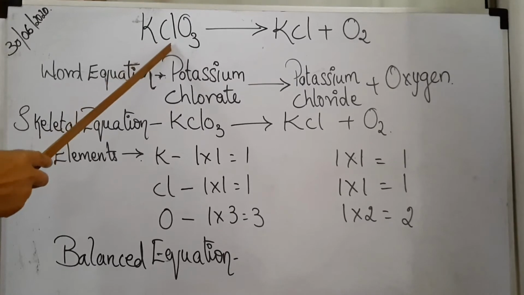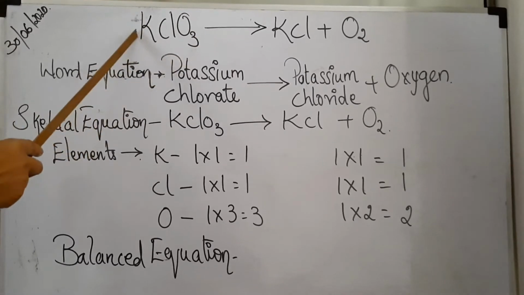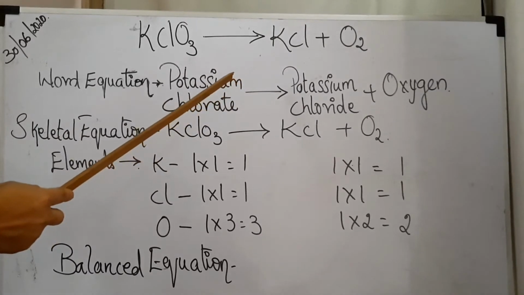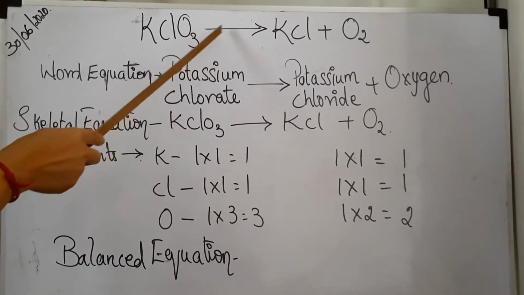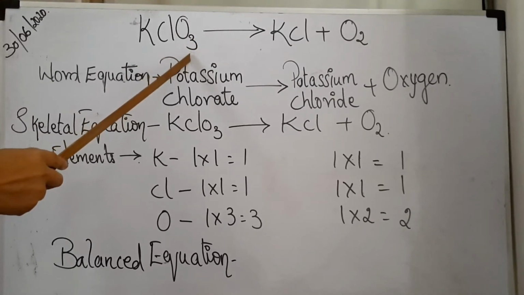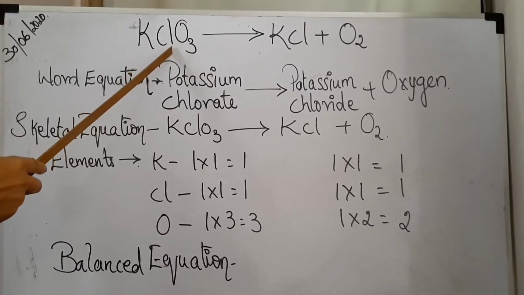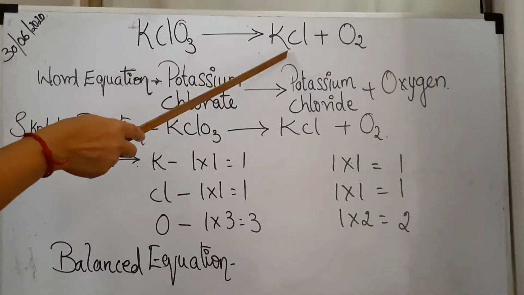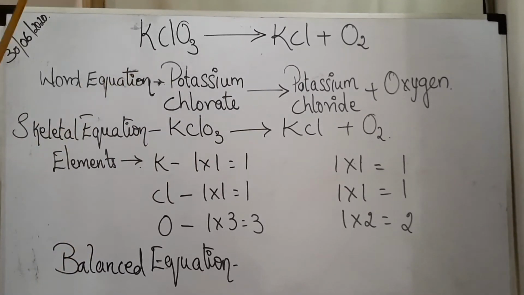This is because this is a decomposition reaction. That is, one single entity or one single material is broken down into more pieces. Clear? One single entity or one single material is broken down. That is called a decomposition reaction. And since this reaction involves heating, it is called a thermal decomposition reaction. That is why there is only one compound given here. This compound has got decomposed, has got broken down into these two products. Clear, children?